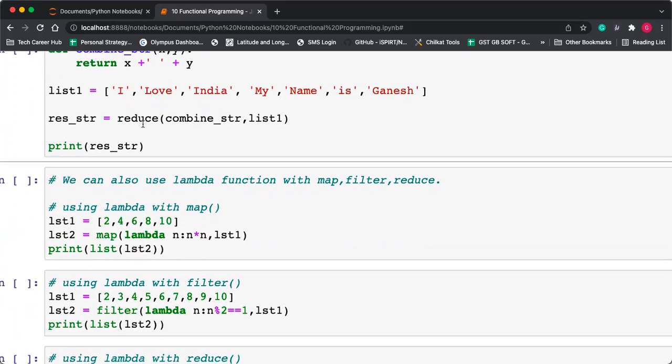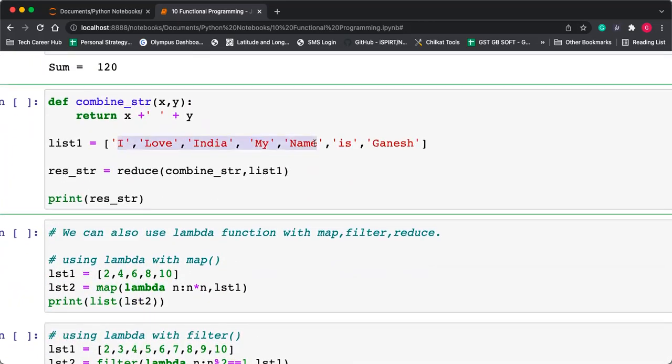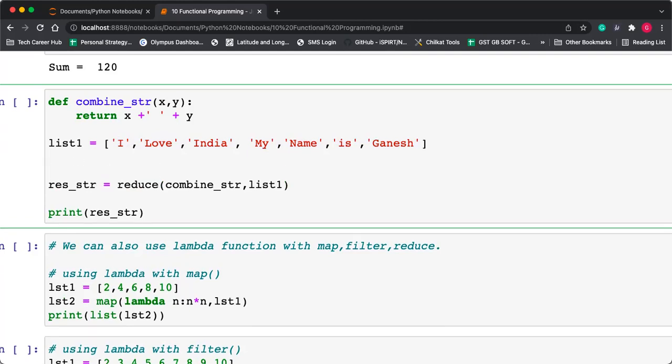गेटिंग? अभी देखो यहाँ पे क्या करना है, ये पूरा जो मेरा इनपुट था लिस्ट में दिया है, and every string will be separated here. अभी मुझे क्या करना है, इसका एक ही स्ट्रिंग बनाना है, पूरा का पूरा एक ही स्ट्रिंग चाहिए. आई लव इंडिया, माय नेम इज गणेश, पूरा एक ही स्ट्रिंग चाहिए. तो सिंपल मैं कैसे करूंगा, list1 is equal to list and the res underscore string is equal to, इस तरीके से करूंगा,